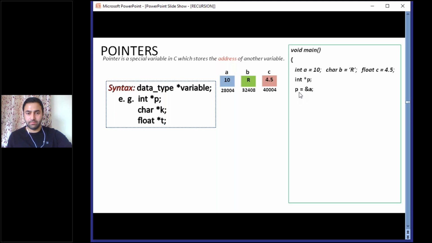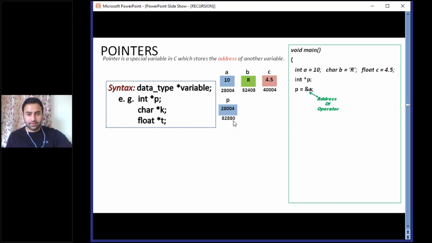We have written here p = &a. Here & is known as the address of operator. So the address of a will be stored in variable p, that is 28004. Also p will have some address because it is also stored in memory. So its address is 82880.